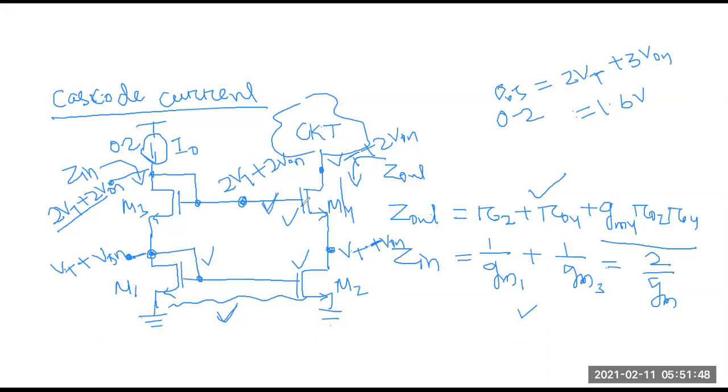Benefit means, first, the area will be less, because if you increase L, in the same ratio you have to increase W. Suppose you increase L 2 times, then W 2 times, then the area will be 4 times. Yes or no? Again, this transistor is connected to a circuit, suppose some high speed circuit like that.